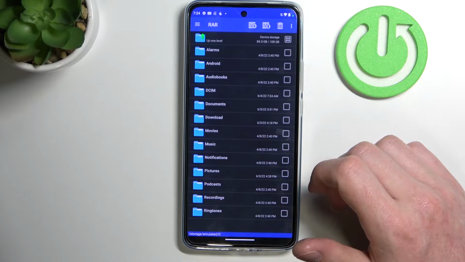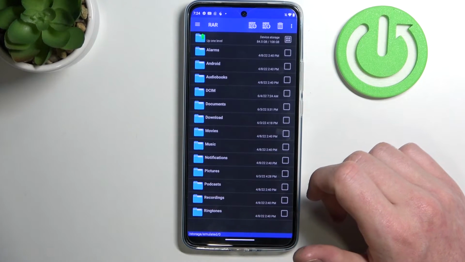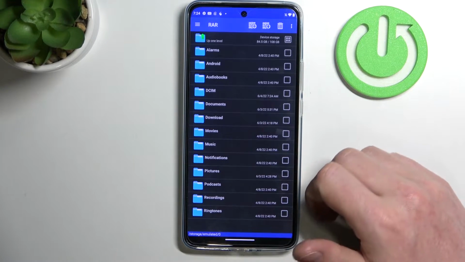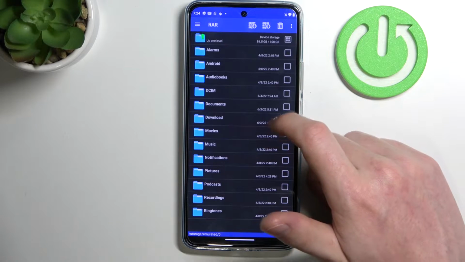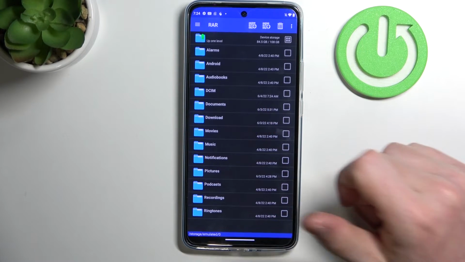Hello, in this video I'm going to show you how to create Rar and Zip archives on your Motorola Edge 30 using an app called Rar. So first of all, you need to download and install this app, and we've shown you how to do that